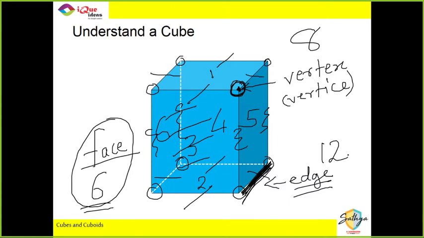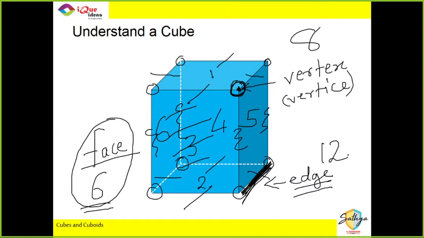So now let us understand, in an exam, what exactly will be the type of question asked? What do we do with all this information? What they will say is that we give you a cube, we will paint it, and then we will cut the cube. So when the cube is originally painted, all the outside faces are painted, right?